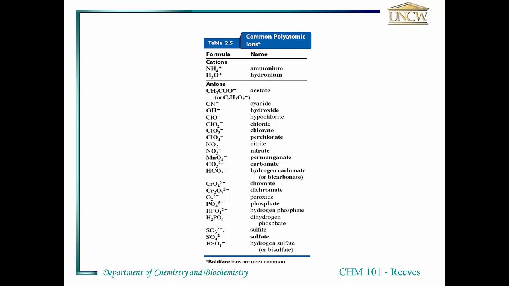Common polyatomic ions are given in Table 2.5 of your textbook, Silberberg. And again, the ones in bold are ones you should pay particular attention to. Notice also, by the way, that as I just illustrated, if you know one, you know the one right next to it. If you know nitrate, you know nitrite. If you know sulfate, you know sulfite. But the ones in bold are the ones you should focus on most because it's the ones we'll use the most. Acetate, by the way, is an interesting case. We'll tend to refer to it in this form just because it's more informative in terms of what the substance is really like. It's actually the anion form of acetic acid or